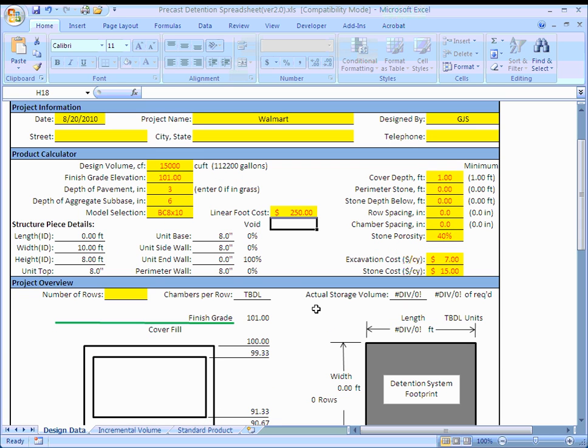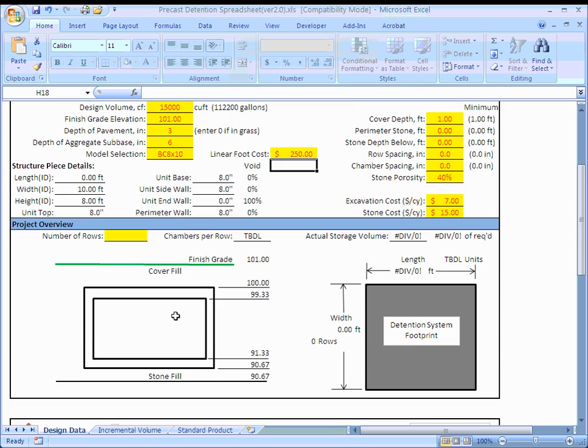So the first thing we're going to do is determine under the project overview how many rows of the box culvert we're going to use. So we'll enter in 4 rows. We see that with the detention system footprint that the width is 45.33 and the length is 48. Let's just say that the length